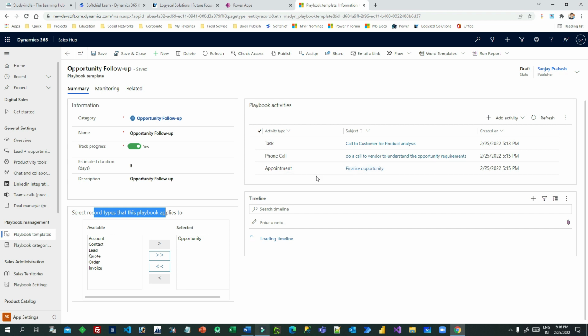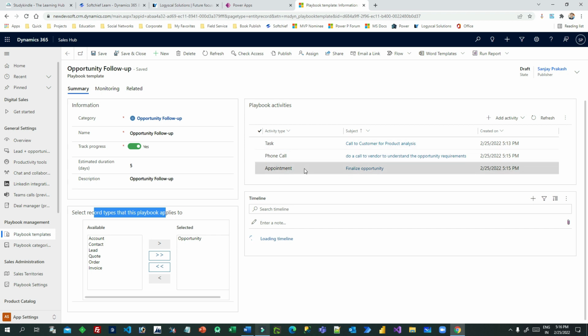So you understand this type of repeated, well defined task I can perform, so that every time you run this playbook under the opportunity, that will create these 3 activities, irrespective of the person who is taking the decision for this opportunity. Doesn't matter, because these tasks are automatically created, and the new guy who will work on this opportunity next time,